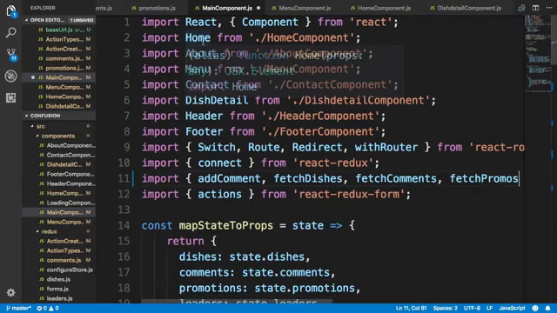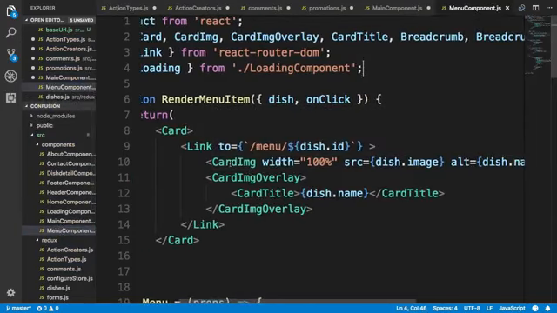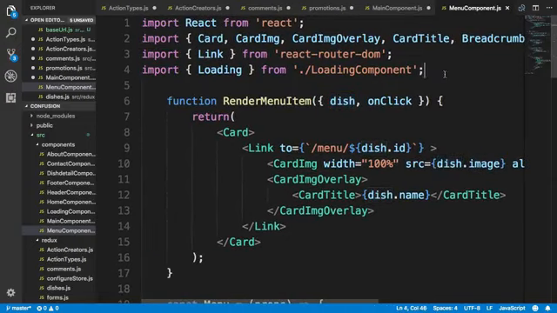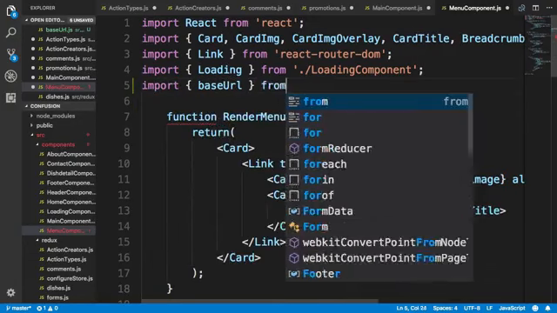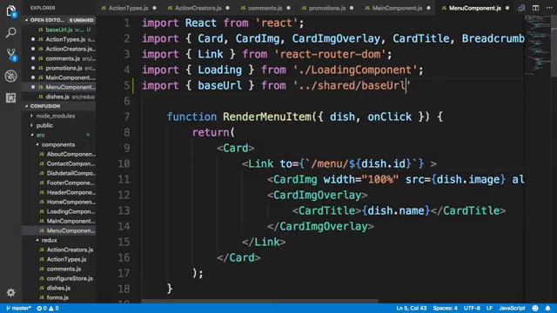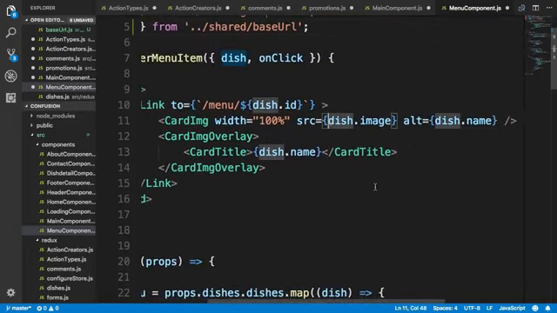Now, we need to update the menu component, the home component, and the dish detail component also appropriately. So let's start with the menu component. So going into the menu component. Now, in here, we were fetching the image by saying source dish.image. Now, what we're going to do is to fetch this image from the server. So let me import baseUrl from shared baseUrl, and then we will fetch the image from